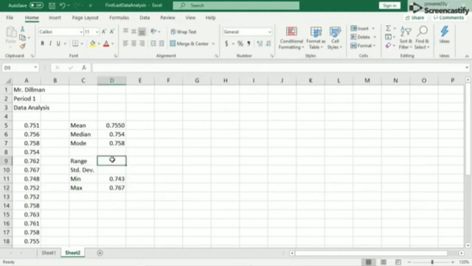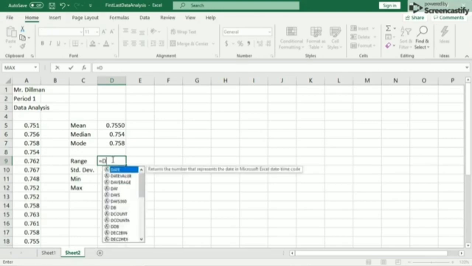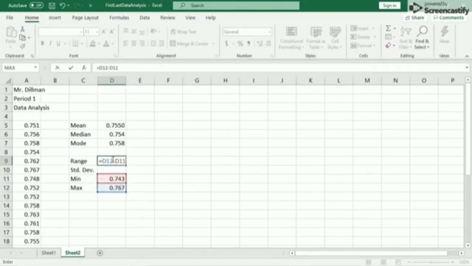If you click back on cell D9, you can construct a custom function to calculate your range. Type an equal sign into the cell. This tells Excel to perform the calculation that follows. After the equal sign, type D12 minus D11. Don't type the value of the measurements that are reported in those cells, but the names of the